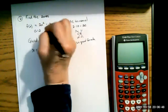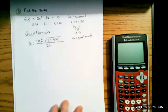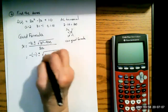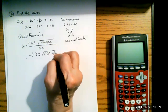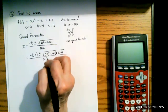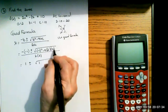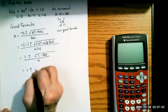So my A is 2. My B is -1. Remember, there's a 1 in front of that X there. And my C is 10. And I'll need to use all 3 of those in my quadratic formula. So now I have the negatives in my formula. B is -1 plus or minus -1 squared minus 4 times A, which is 2, times C, which is 10, all over 2 times A, which is 2. So I have 1 plus or minus the square root of 1 minus 8 times 10, which is 80, over 4. And that's 1 plus or minus 1 minus 80, which is